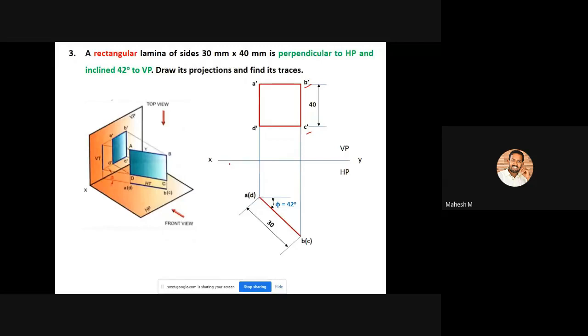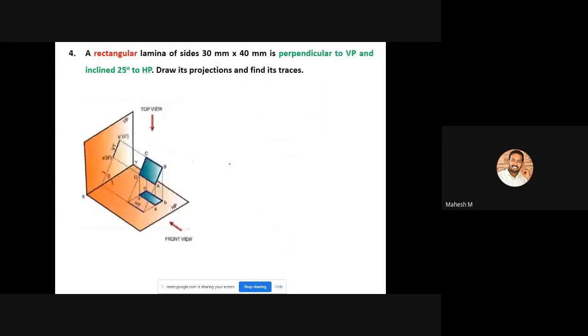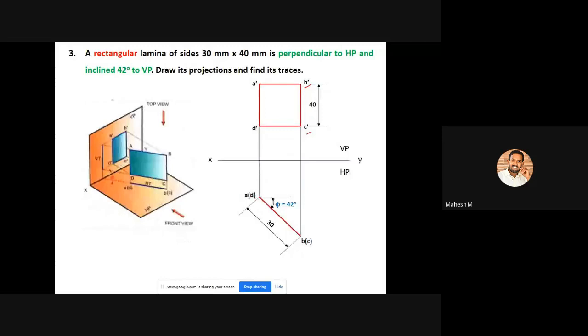So you'll be getting a point like this. Here you can mark it as small b, and also you have to project this point